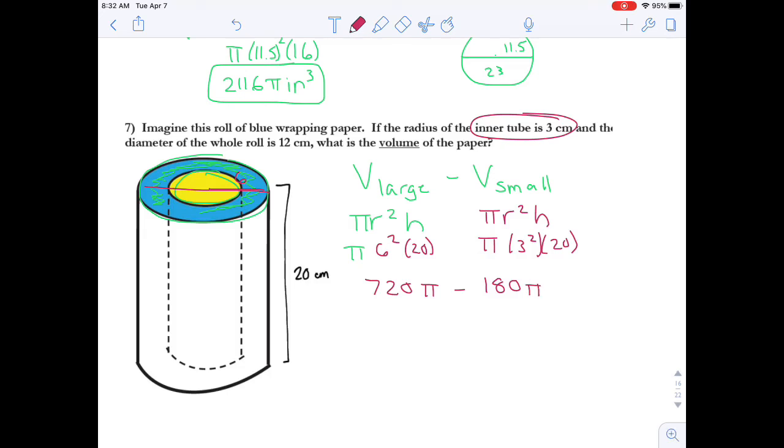Now, we can subtract these together. So we have 720 pi's, 180 pi's. Well, if I take 180 away, I'd be left with 540 pi. Okay, and it's centimeters cubed. So go ahead, try your exit slip. Then don't hesitate to ask questions if you